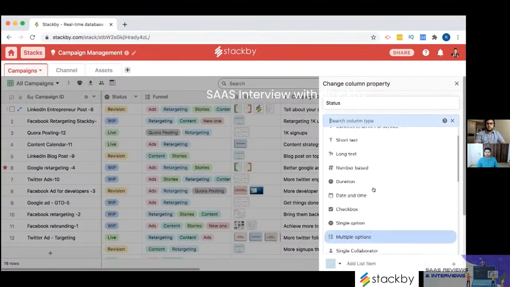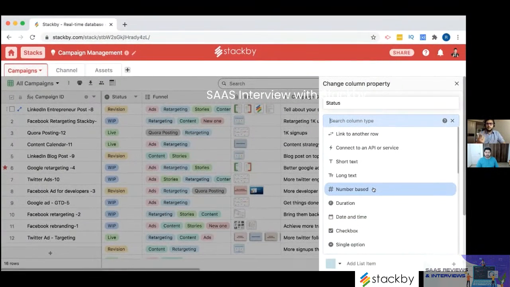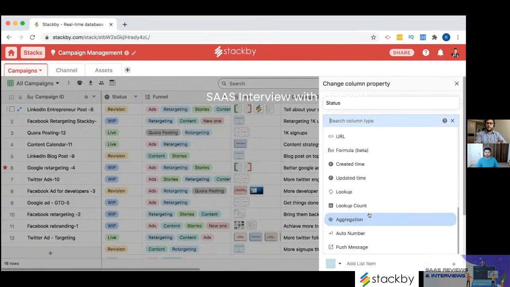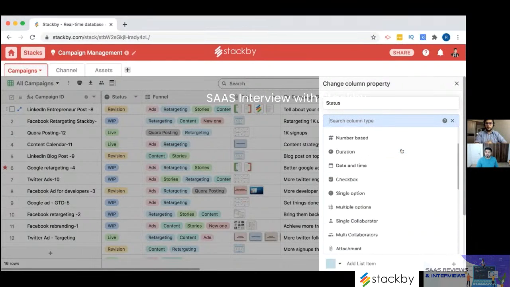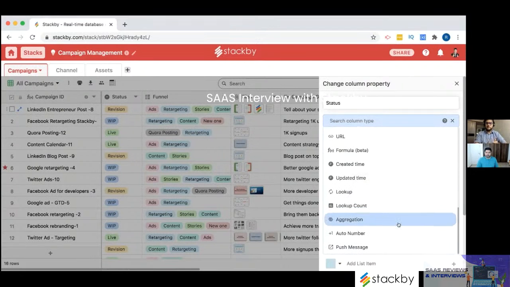And the most important thing of a relational database is that you can define relationships across tables. So if you want to link, say, a campaigns table to a channel table, you can easily link rows between each of those tables, and then do a lookup or an aggregation. Plus, we also have other things, like you can connect to a third-party API or service, or even convert this into a button to send an SMS or a WhatsApp message.